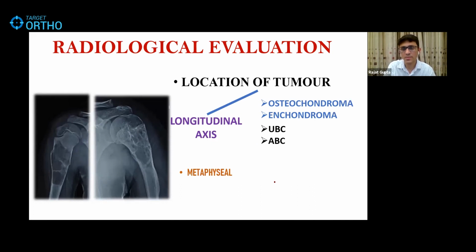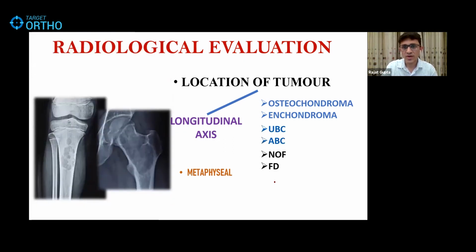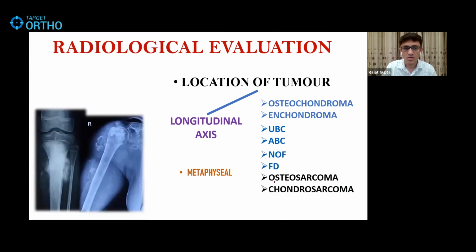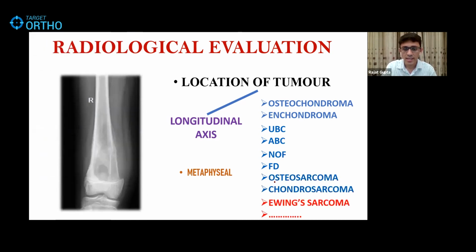It's always good to remember your differentials in this way: whether it is a chondroid lesion, a cystic lesion, or a fibrous lesion. Similarly, whenever you have a look at the X-ray, just keep answering whether this looks like a chondroid lesion or a cystic lesion or a fibrous lesion, and so on. It could be a fibrous lesion, like the non-ossifying fibroma, the X-ray on the left, or a fibrous dysplasia, the X-ray on the right. Or we could have some malignancies like osteosarcoma, the X-ray on the left, or a chondrosarcoma, the X-ray on the right. And last but not the least, even Ewing sarcoma.